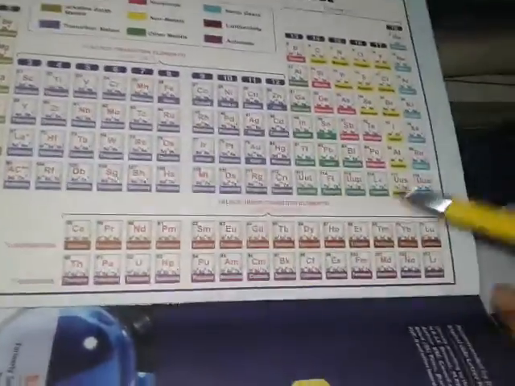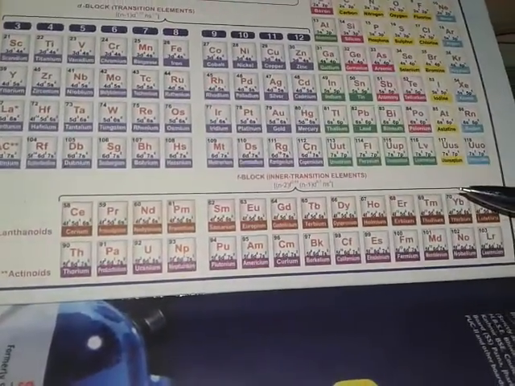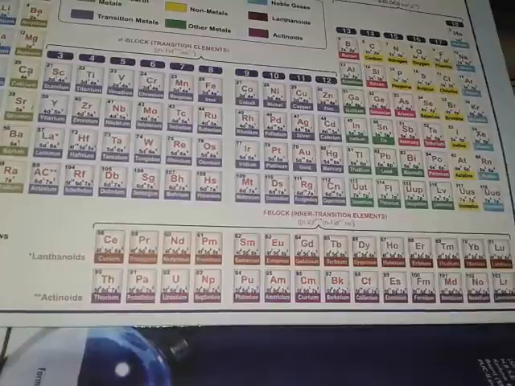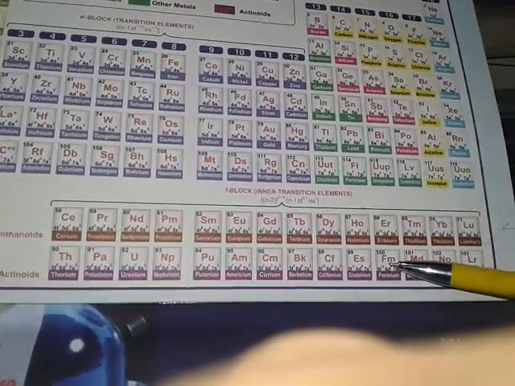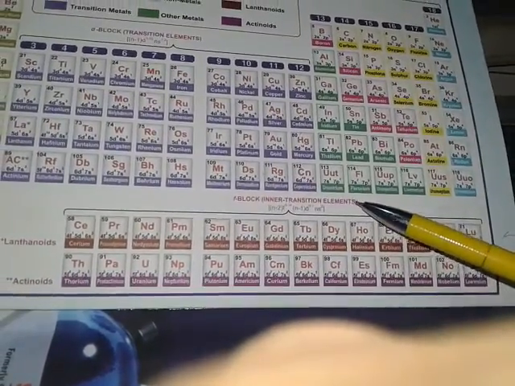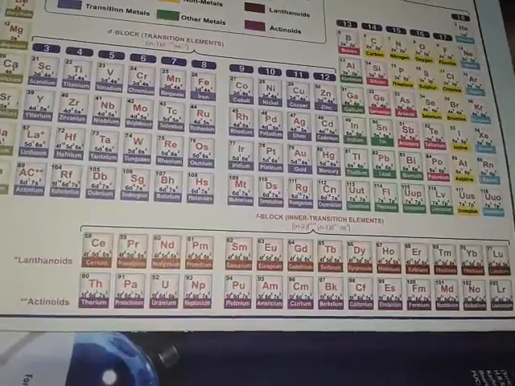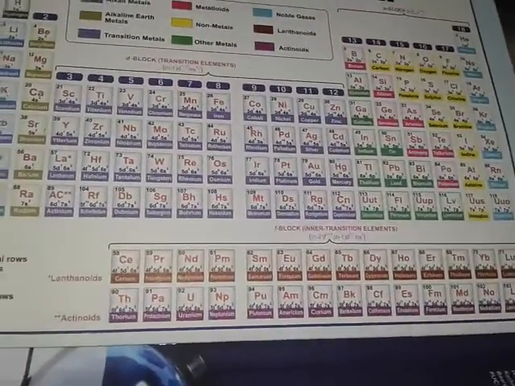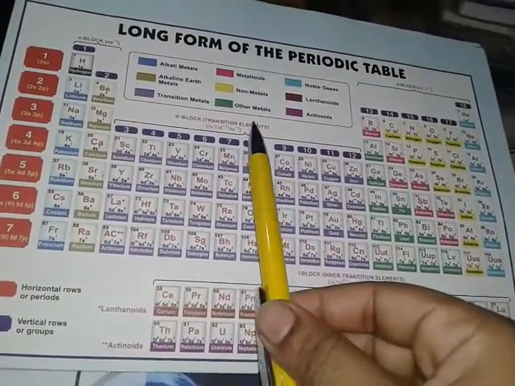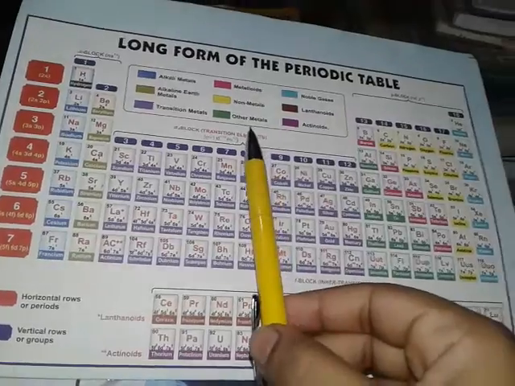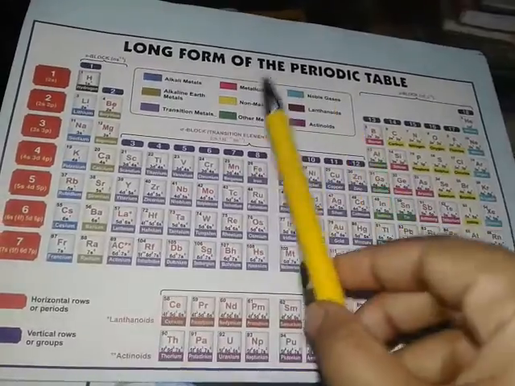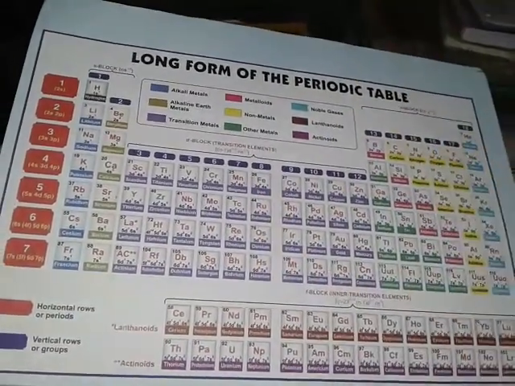Similarly, the F block elements are given a separate position in the periodic table. They are also known as inner transition elements. Why are they known as inner transition elements? Since D block elements are also known as transition elements, before understanding the term inner transition elements, we should know why D block elements are known as transition elements.